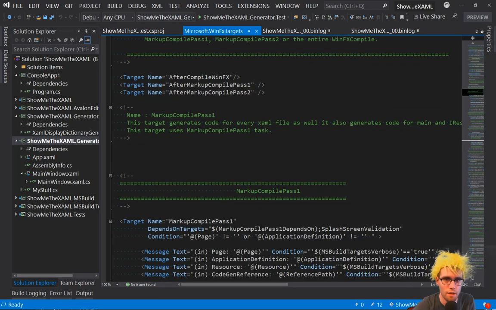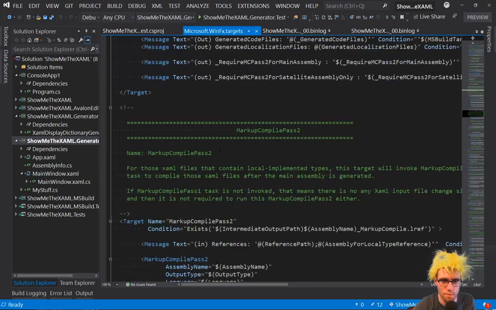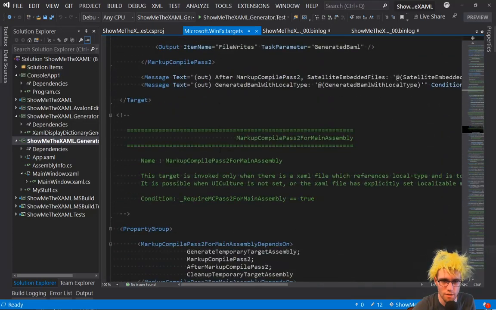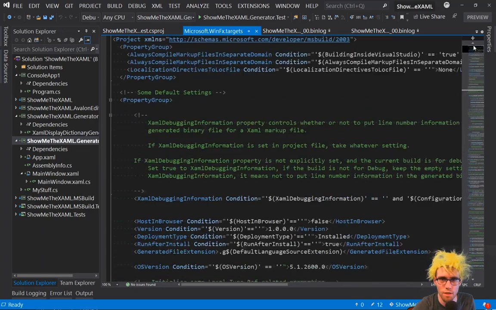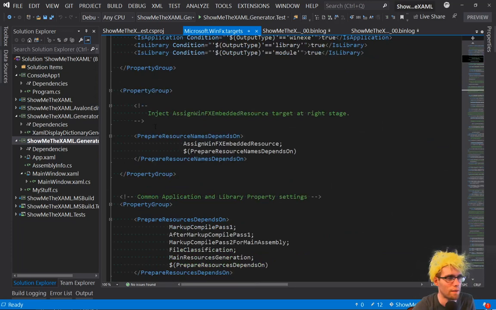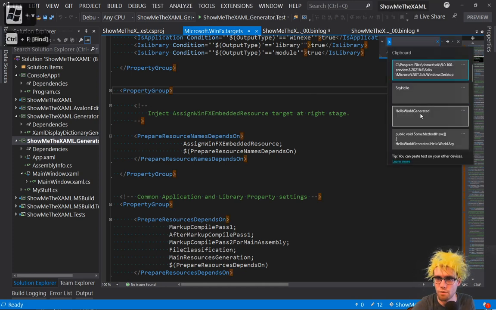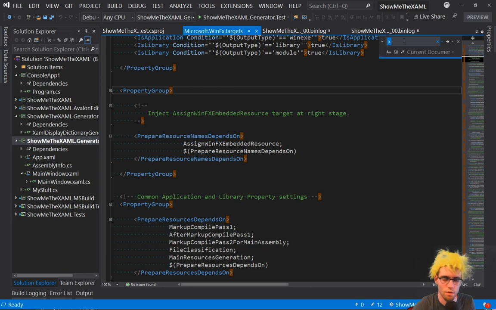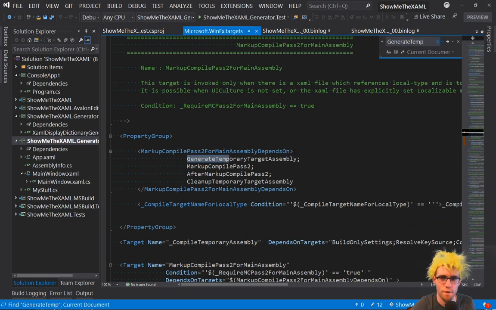This guy, so there's some placeholder targets here. Usually those are injection points. That's your first markup compile pass. Sorry, I'm just kind of scanning this to see. I was really hoping it would tell me the assembly that it's in. I'm wondering if the fact that it's not tells me something in and of itself. Right? So if we do temporary target assembly,